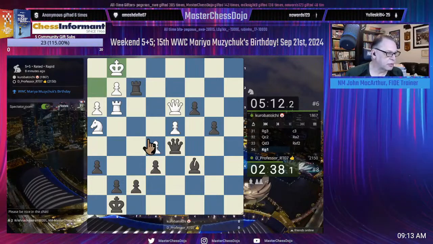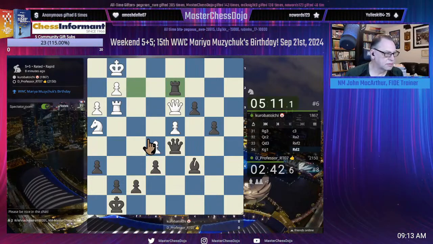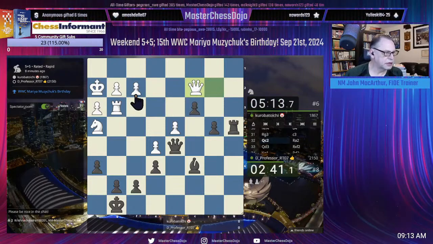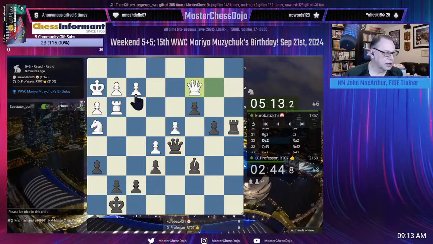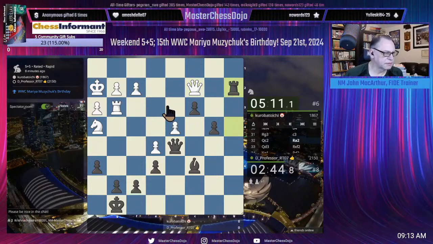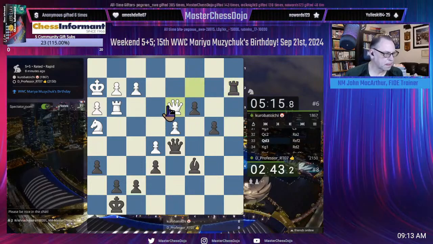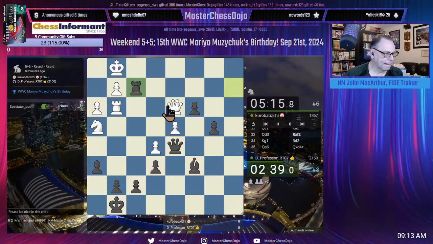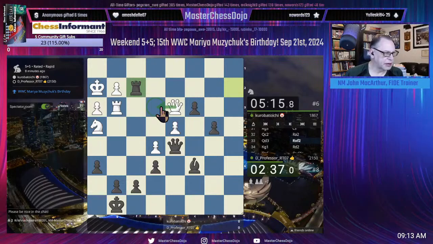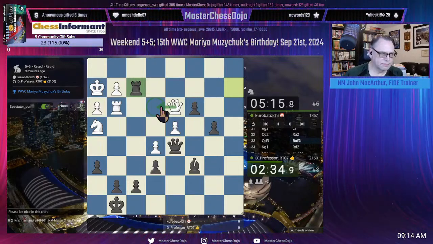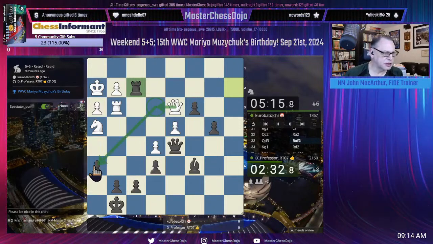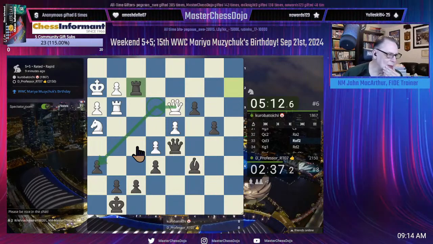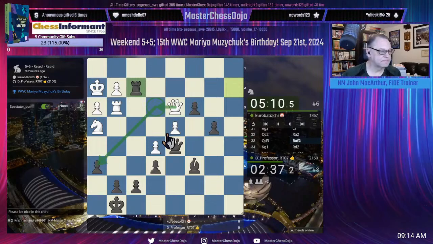I need to switch back to my normal glasses. Uh-oh. What happened there? So it was a free pawn. What happened here? So it was a skewer. He just wasn't close enough. He didn't think about queen f3, queen takes h6, queen a3, queen takes h6, I guess. That would have created a lot of counterplay.